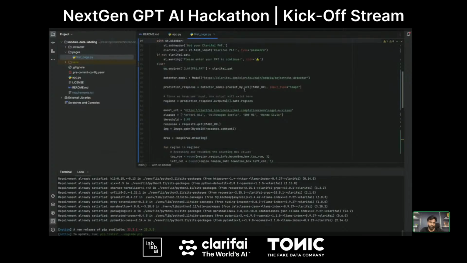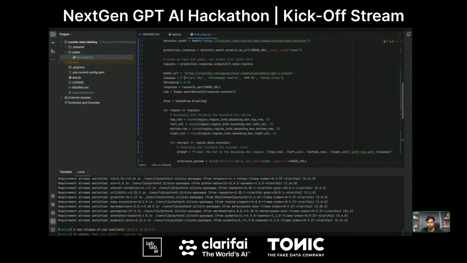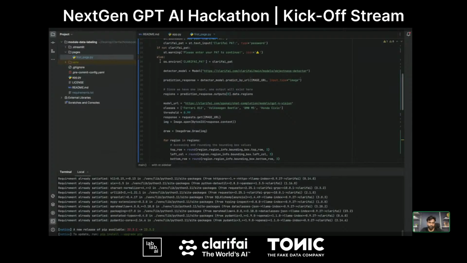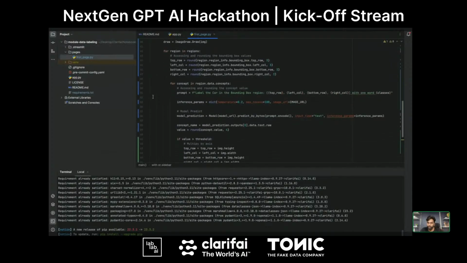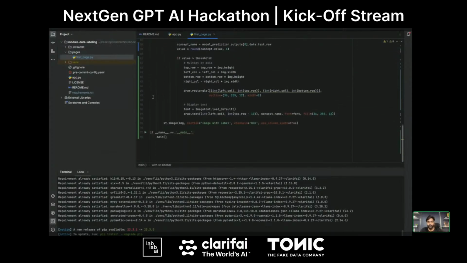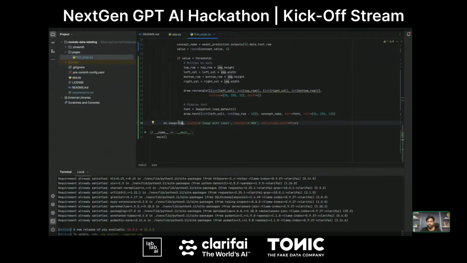And apart from that, all the code is the same as what we have seen in the Colab notebook. It's just getting the objects using the general object detection model, and then passing that to the GPT-4 vision model to get the predictions. And then finally, I'm using the Streamlit st.image method to display the image to the user. So that's what I did.